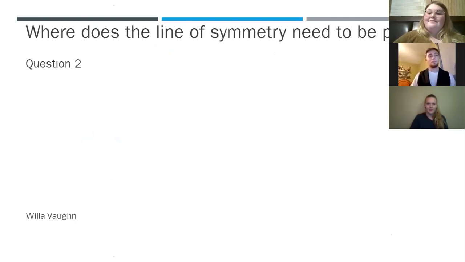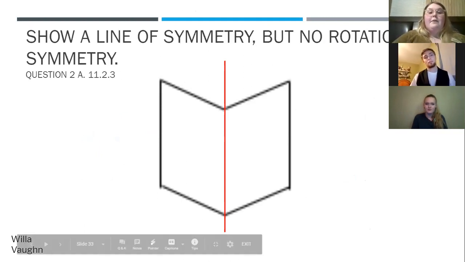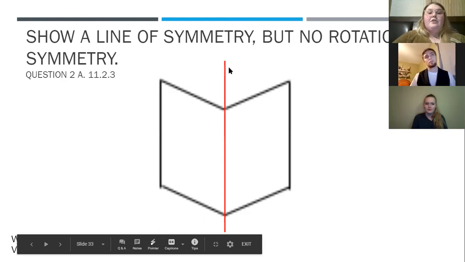All right, well, I have another question for you. Yes, ma'am. Where does the line of symmetry need to be placed? All right, so for the line of symmetry, we're going to use question 2, module 4, as reference. The line of symmetry is going to be placed where it's going to show the same side. So right here would be the middle for the shape, because the line of symmetry right here, you see these points in particular are